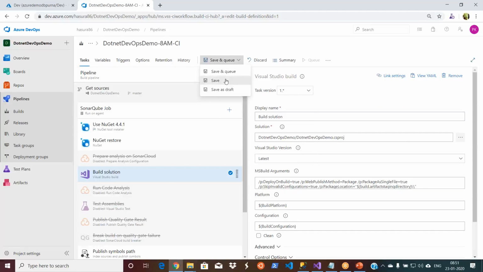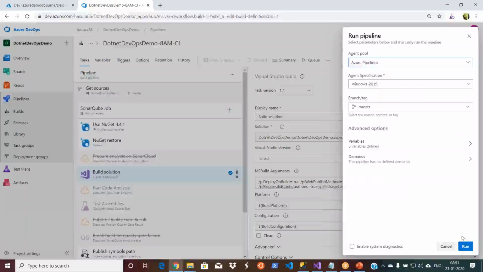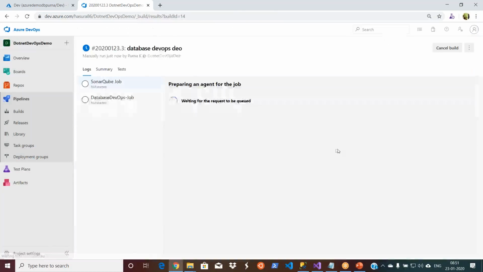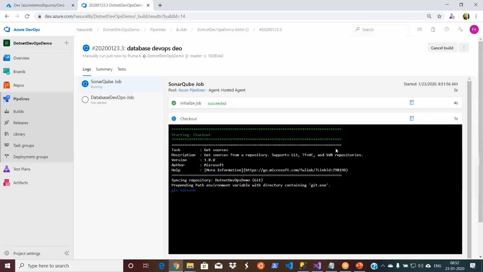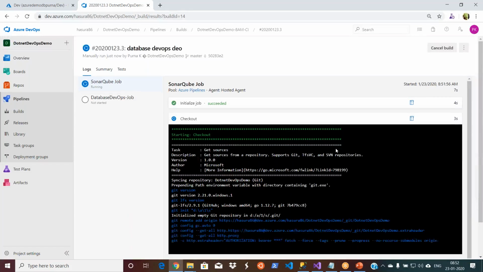Let's go and save it. Now queue it again. It works now.